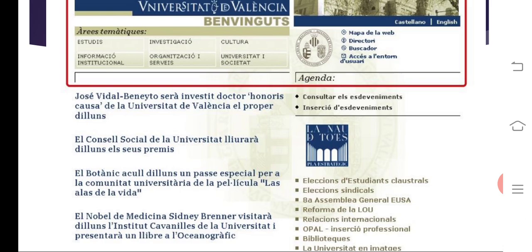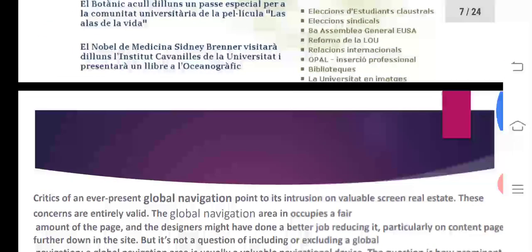Like that, right side and left side, it is there. You navigate globally. So this is global navigation.